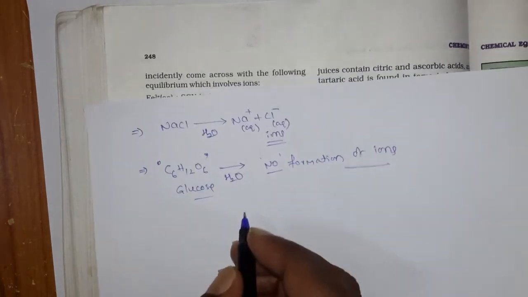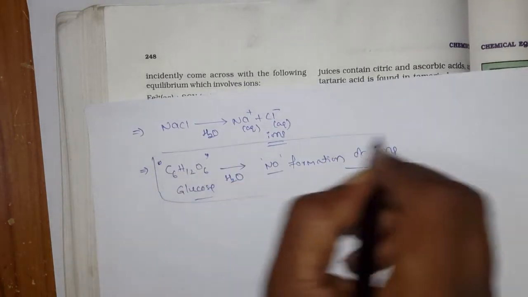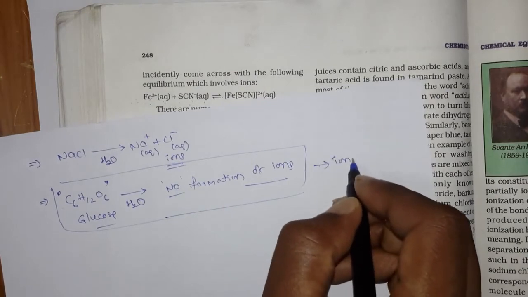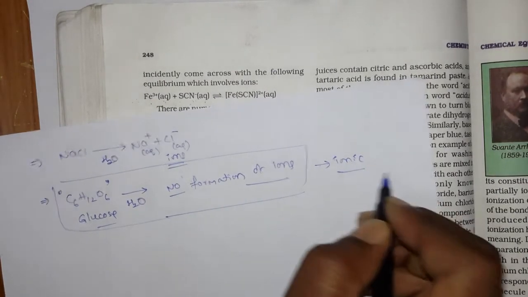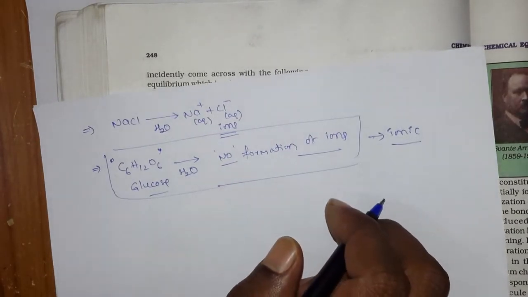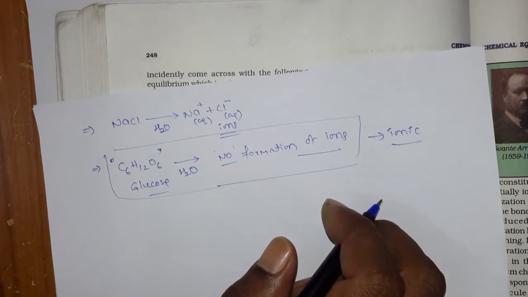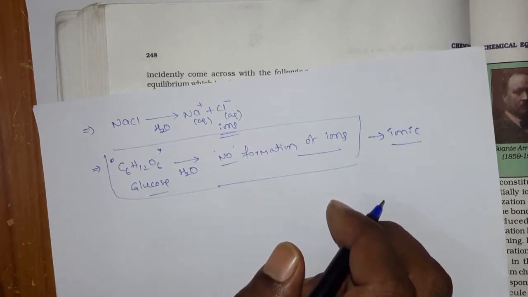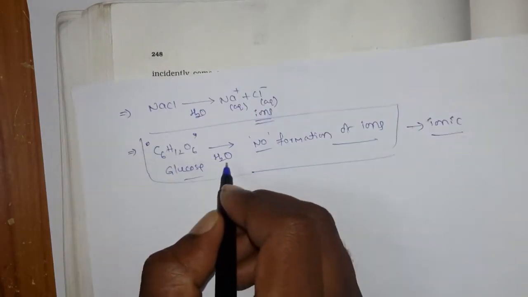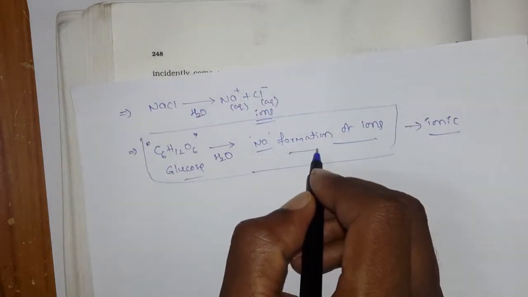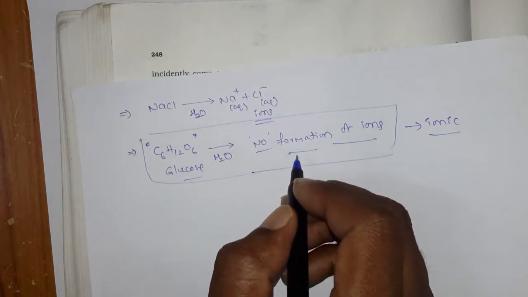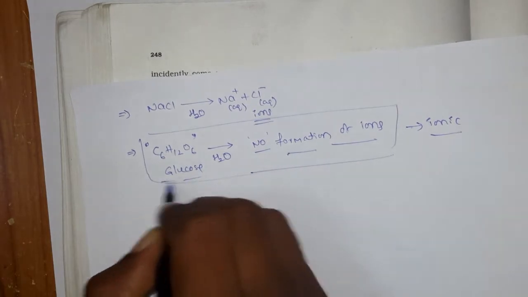Okay, so that means this glucose dissolution into the water cannot come under the ionic equilibrium because it is not forming an ion, right? Okay, so what you will read in the ionic equilibrium, mostly whatever compounds or molecules dissociate into the ions, then only you will read in this section. Okay, so if that compound does not form an ion, suppose the compound does not form ions at all, then obviously we are not going to be focused on these things.